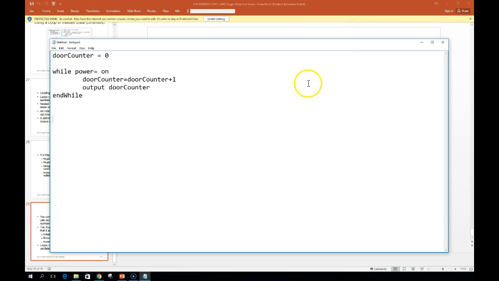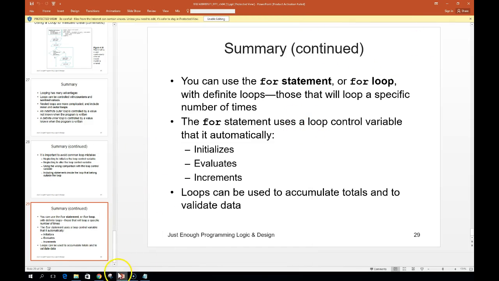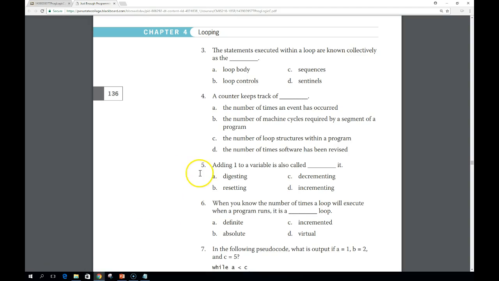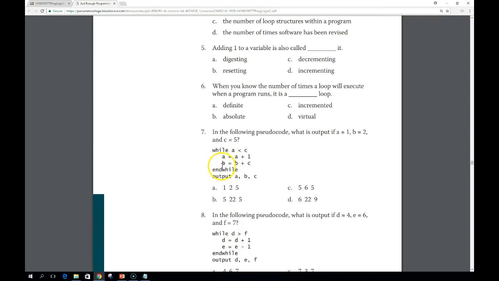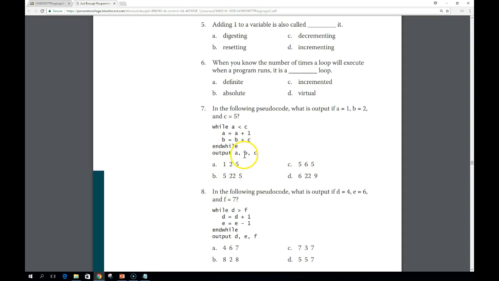So the easiest thing I think to start on, let's look at the back of our book, at some of the problems, and we can actually look at some of these. And some of these are actually your homework assignments, so we might look at a couple of these. So let's look at number 7 out of the back of your book. In the following pseudocode, what is output if A equals 1, B equals 2, and C equals 5? So the easiest way I've always found to do these